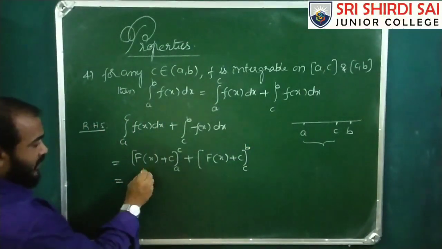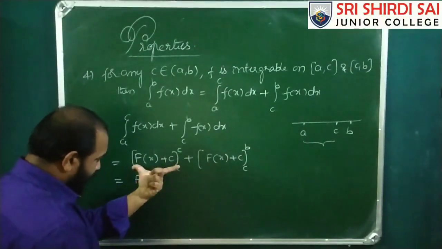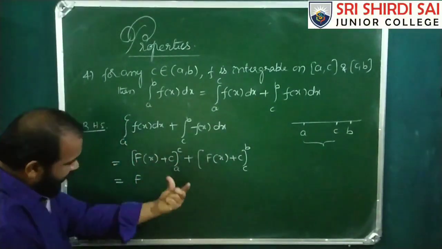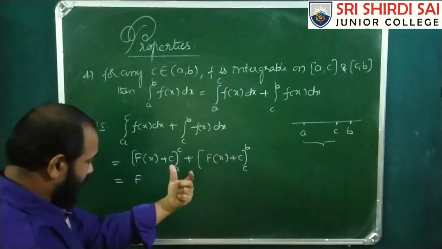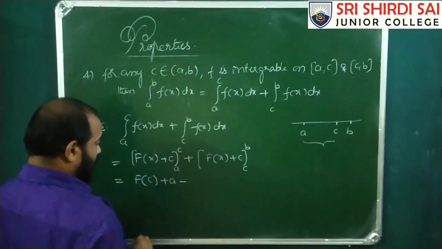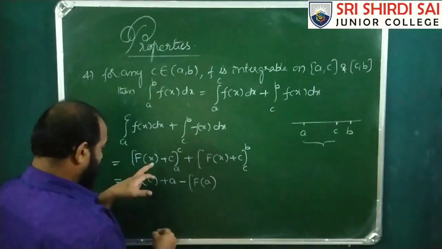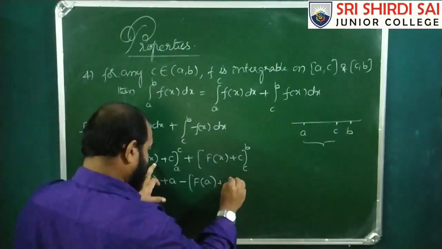That implies, simply substitute the upper limit minus lower limit value, that is the definite integral. So F of c plus c minus F of a plus c